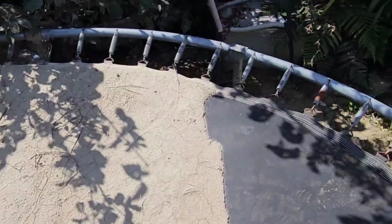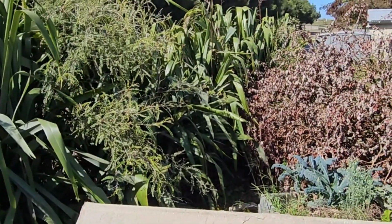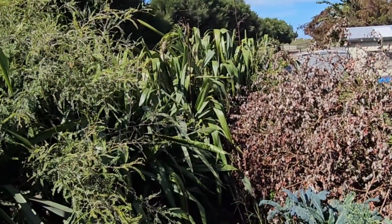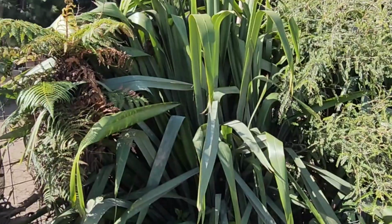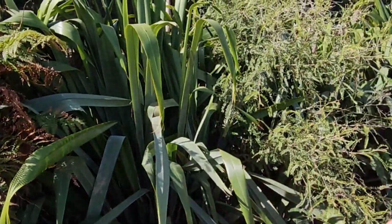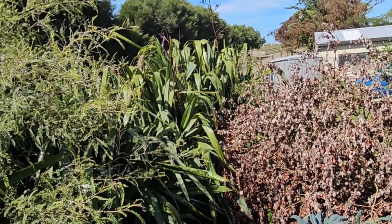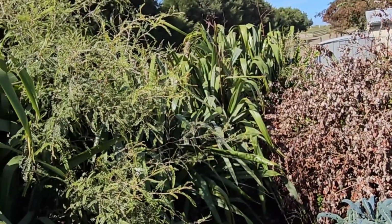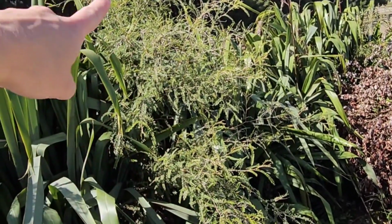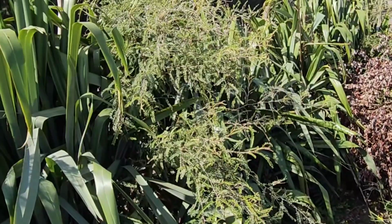Okay, so standing on the kids' trampoline, which is of course covered in silt, I thought I would show you quickly what I've always referred to as my native but not entirely native section. So everything here, apart from the large pānga, which I've got one here and one down the end, apart from the larger pānga, I've grown from cuttings, or my mother's grown from cuttings for me, or grown from seed. So this beautiful big kōrari has been grown from seed. That one's about 4 years old,